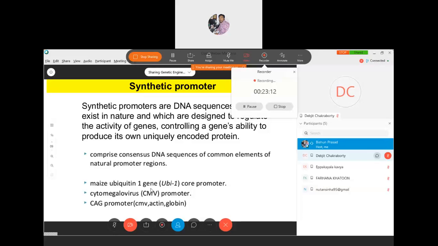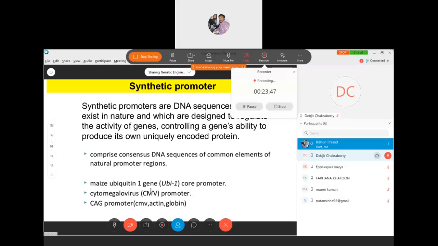In the first slide, we showed the making of a gene construct. The first important point is which gene is important. Suppose you are working with drought stress; you can take the protein sequences of drought-related genes. Then you need to clone it under a promoter. Which kind of promoter will you choose? If you want to express it constitutively, you can choose any constitutive promoter, for example 35S, actin or ubiquitin. But if you don't want to express it all the time, you need to use an inducible promoter.